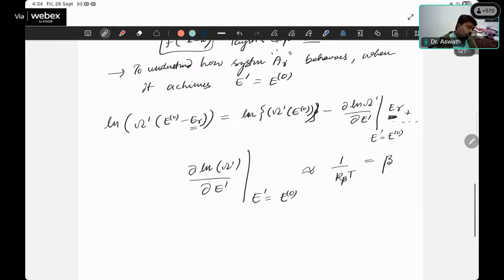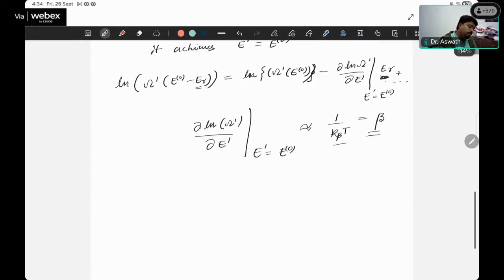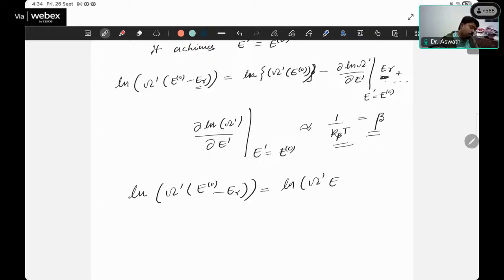Dimensionality-wise, I'll introduce some Boltzmann constant. So log of omega prime of E of 0 minus E of r is equal to log of omega prime of E of 0,